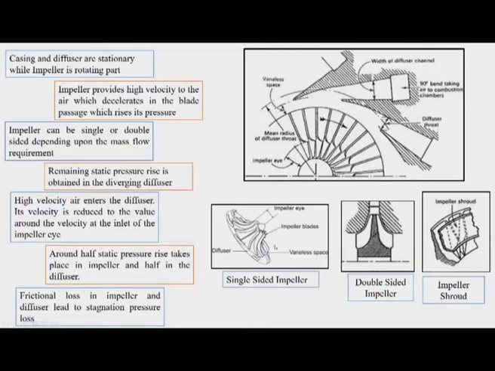Due to the pressure difference and having an open passage between the high pressure and low pressure, there is a chance that air will flow from the high pressure to the low pressure side. So as to avoid this flow, we can close this passage as much as we can using the shroud, which is called the impeller shroud. But due to manufacturing difficulties, it is difficult to close it completely. However, it would lead to some friction, and that is also called windage loss in the compressor.